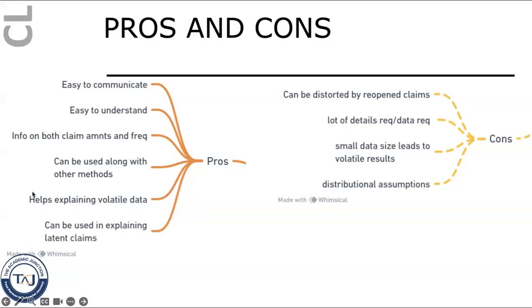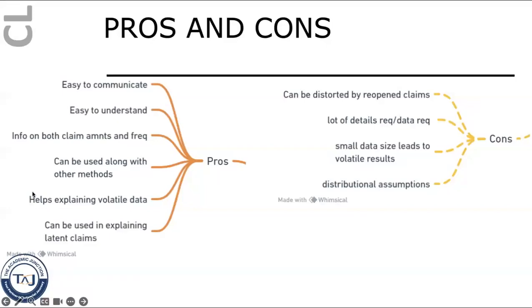If you have smaller data size, ACPC methods will generally provide more volatile results. And there are also generally some distributional assumptions that you make on frequency and severity when you use the ACPC methods, which are not present in the other methods. As a note, before we end the lesson,